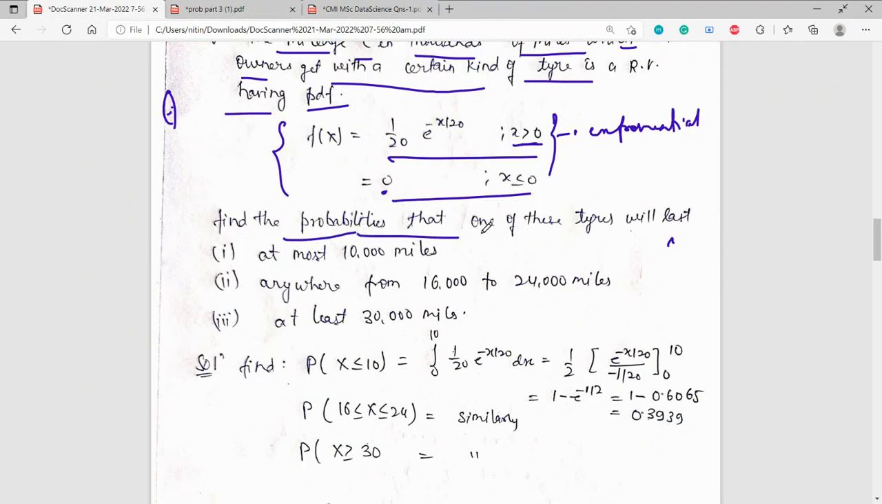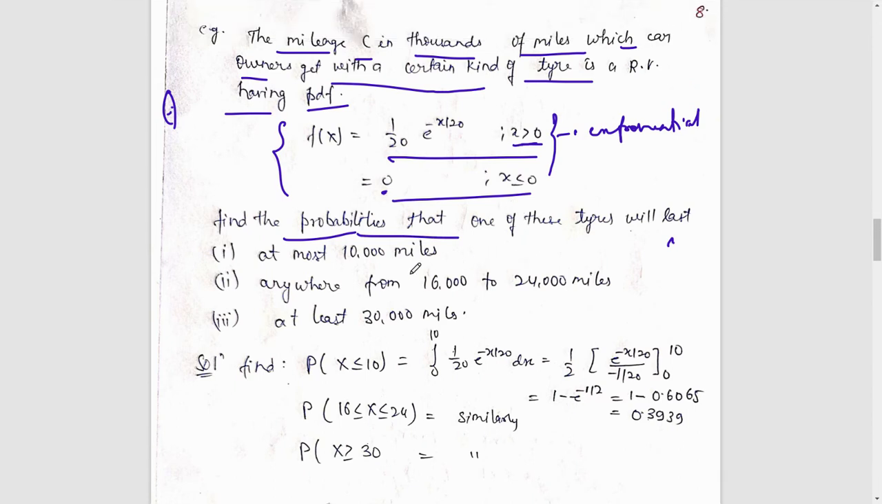Okay, to find the probability that one of these tires will last, let's say you choose one tire, what is the probability that it will last at most 10,000 miles? This probability has been given in terms of thousands of miles. So let's say x is the duration of your tire. So in this case,